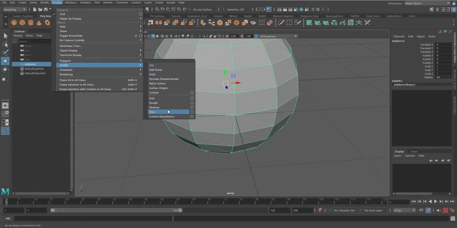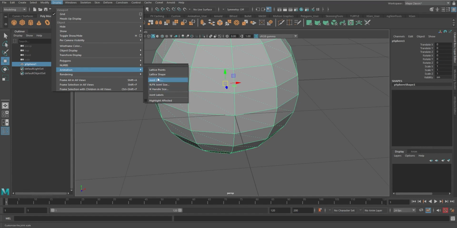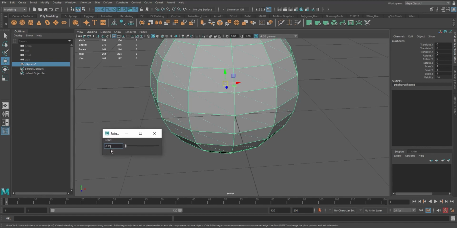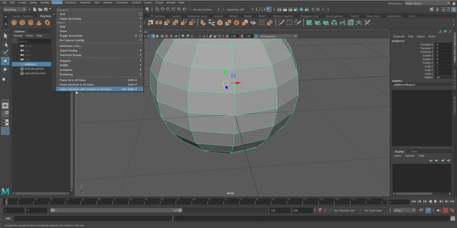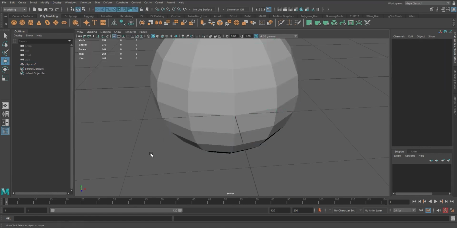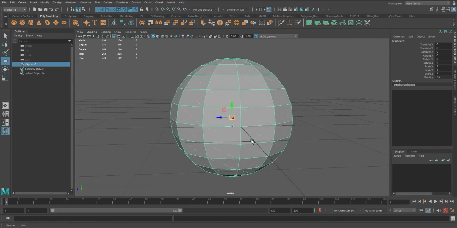So under NURBS as well, you have some NURBS display options to see different things. And remember, option boxes have different options, so check those. Under animation, you can change joint size and IK display size as well. Handles, IK handle size, joint size, but sometimes if you see a joint that's just way too big, this is where this will change overall. So this does an overall of, like, say 0.25. But if you have multiple joints, you can actually change the radius of the joint, which kind of scales it down that way as well. I'll show that as we get to the joints themselves. And then also this is our frame selections and all that. These are all hotkeys that you use on a regular basis. So if you hit F, that will frame